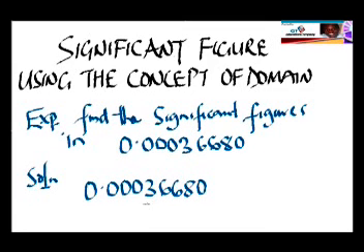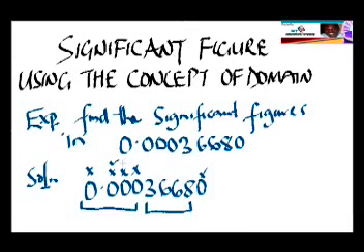0.00036680. My domain lies within this point here, which means all these values are not significant, although we cannot discard all these zeros here. They are helping you define the place value of these numbers, so you cannot do without them. The only thing is that you can discard this other one. So what we are trying to say is this one will be relevant in course. So we are having our significant figure to be the whole of this, which I may just represent in a highlight,